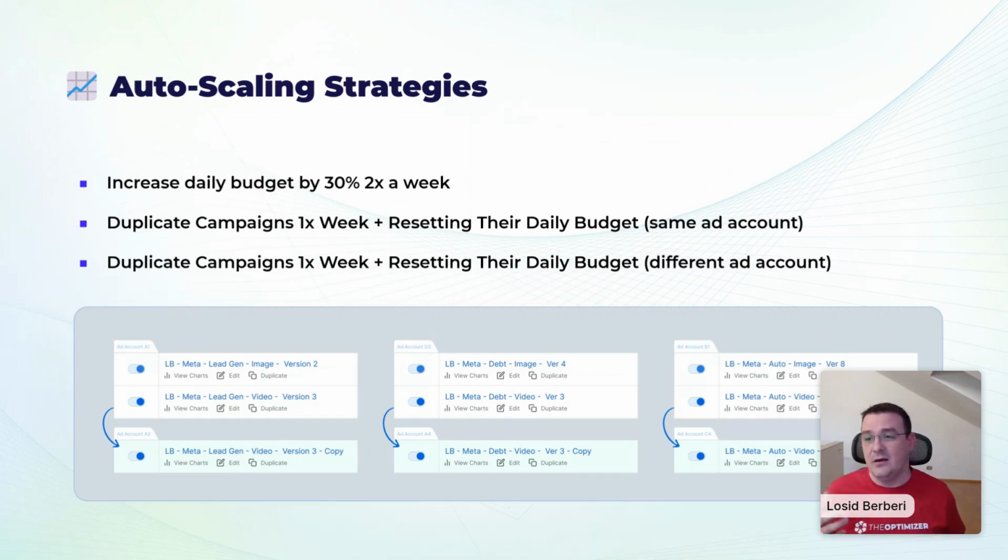Scaling is where most buyers kind of fail to follow through, because either they're running after new launches, or they're not looking at each and every campaign individually. So in terms of auto scaling, we're going to talk about budget increases, campaign cloning, and on top of it, campaign cloning on different ad accounts, which is very important when you're running on multiple ad accounts, for when you're running some stuff